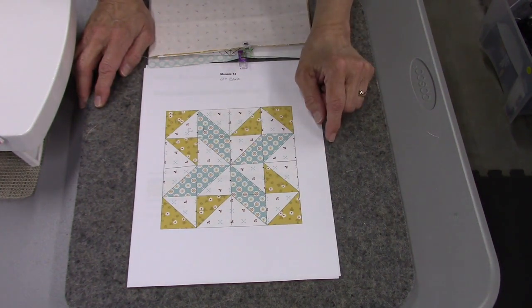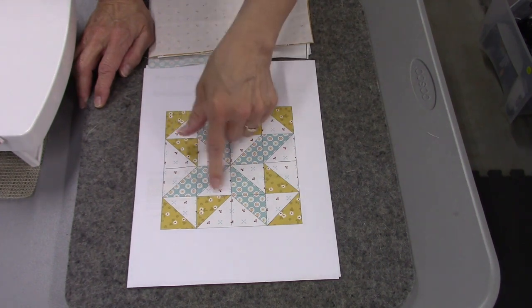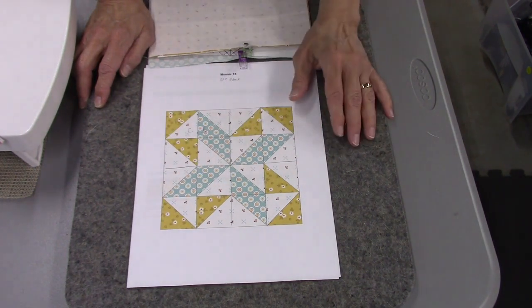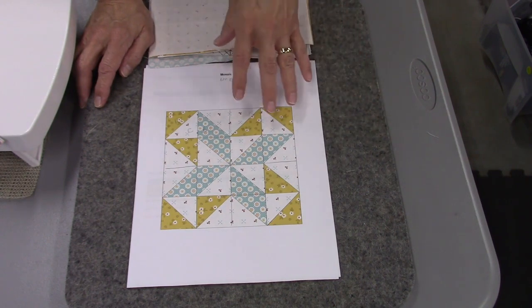The reason I decided to do them all half square triangles is because you've got to remember what side to put which fabric, which it's all on the same side. It's all going to be, you know, yellow on the left and the teal on the right, but it's real easy to get them turned around when you're sewing, and then you've got a lot of ripping out to do. This way you're going to make 4